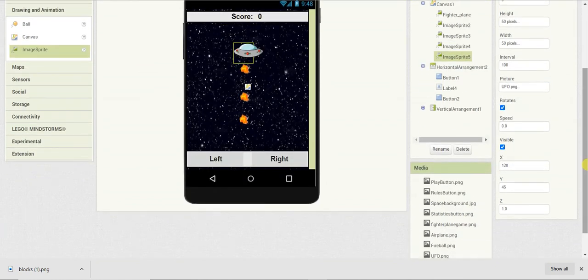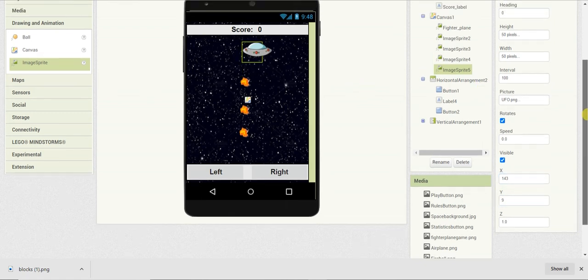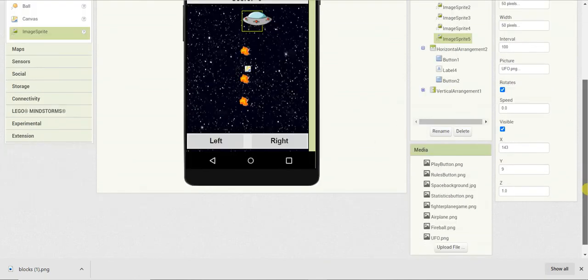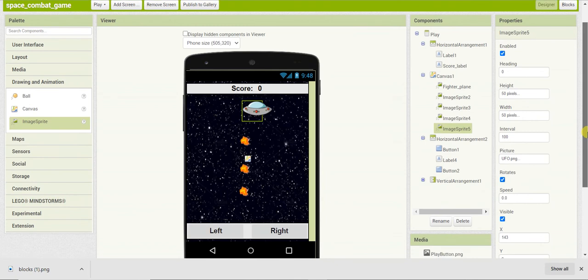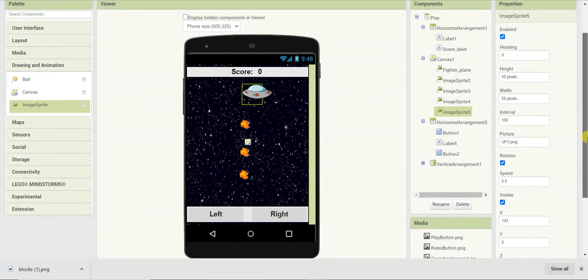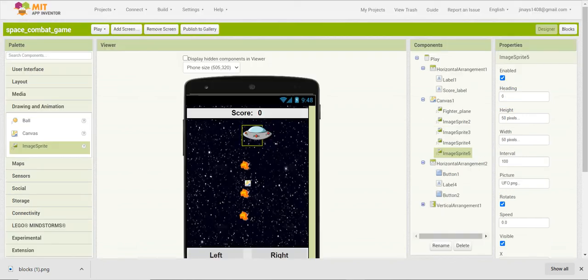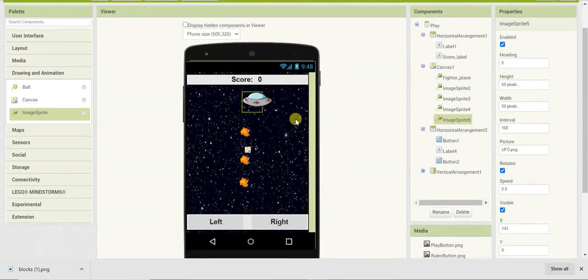The X and Y coordinates for the UFO are 143 for x and 9 for y. Fine. Now I'll give this UFO a heading of -90. The heading is basically the direction in which the UFO is going to move. Now I'll rename all these sprites.